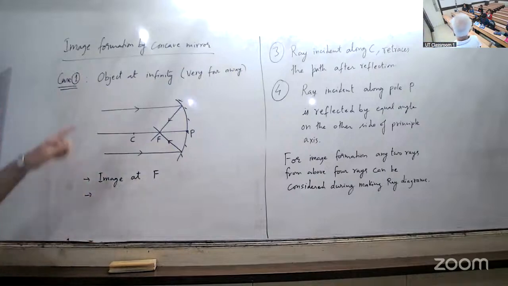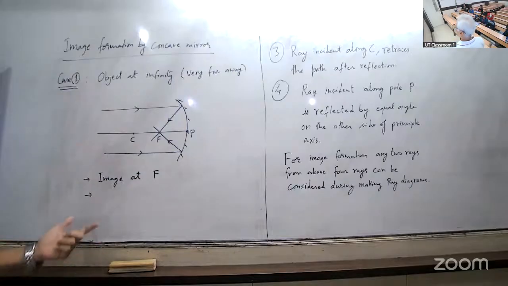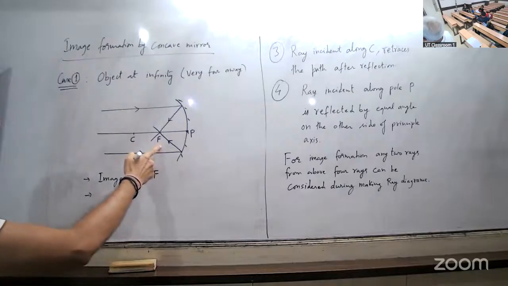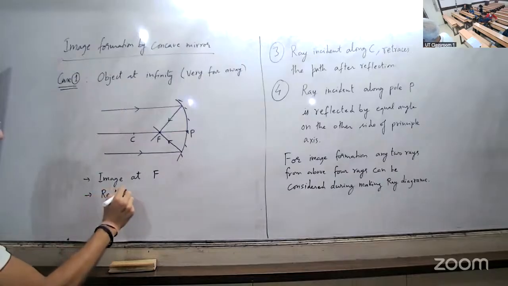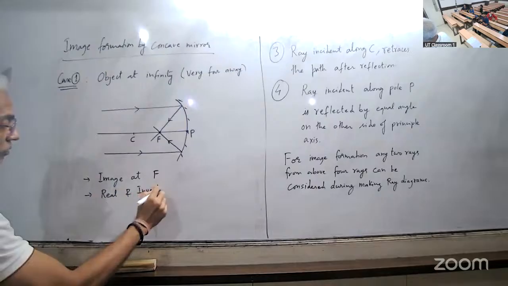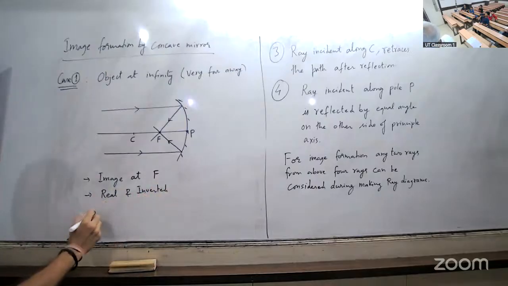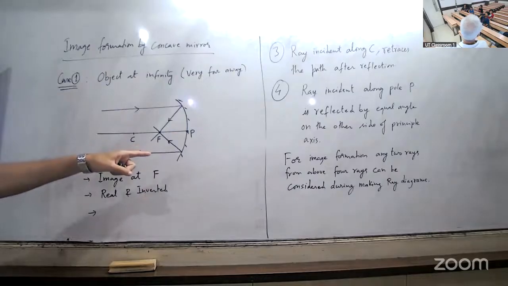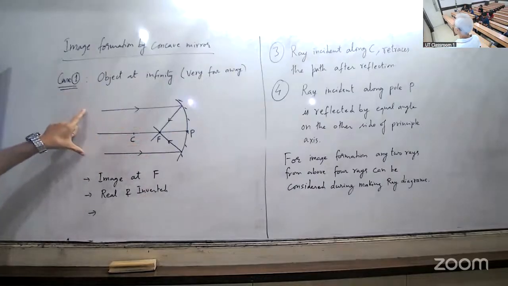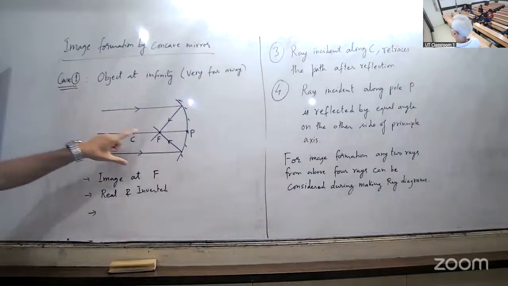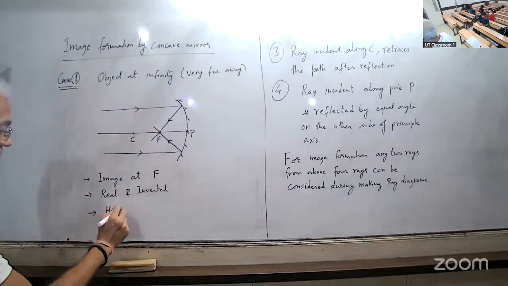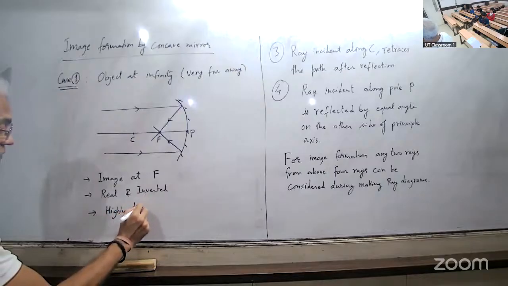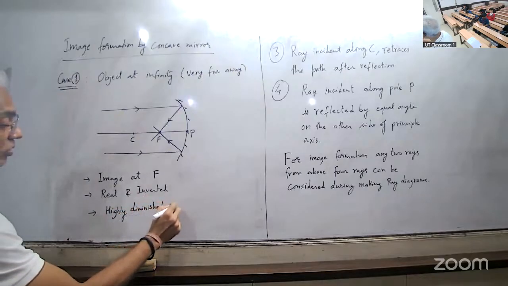इमेज का प्रॉपर्टी लिखना है हर ऑब्जेक्ट पोजीशन के लिए। इमेज एट एफ, और उसका नेचर क्या होगा, रियल, क्योंकि ये फिजिकली इंटरसेक्ट कर रहा है, रियल एंड इन्वर्टेड। और उसका साइज क्या होगा इमेज का, हाईली डिमिनिश्ड या फिर पॉइंट साइज। क्योंकि देख रहे हो ऑब्जेक्ट का साइज बहुत बड़ा है दूर से, लेकिन इमेज एक पॉइंट पे आ रहा है, तो हाईली डिमिनिश्ड और पॉइंट साइज।